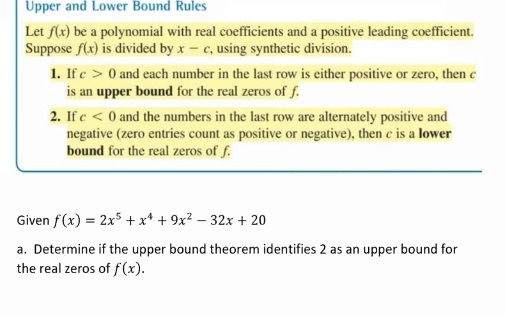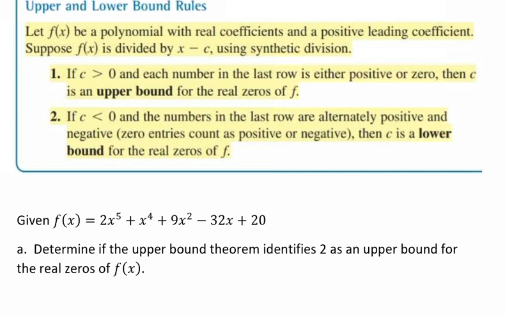So if we look at our rule, let f of x be a polynomial with real coefficients and a positive leading coefficient. Suppose that f of x is divided by x minus c using synthetic division. If c is greater than 0, and each number in the last row is either positive or 0, then c is an upper bound for the real zeros of f. If c is less than 0, and the numbers in the last row alternate between positive and negative, where 0 entries count as positive or negative, then c is a lower bound for the real zeros